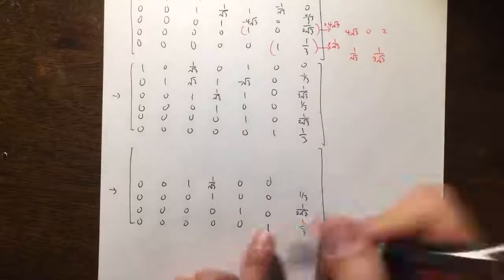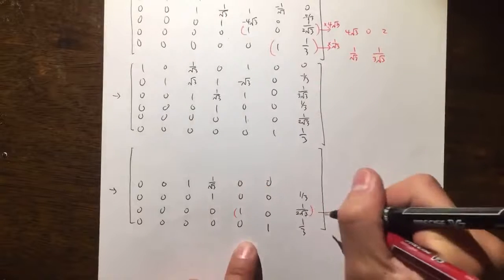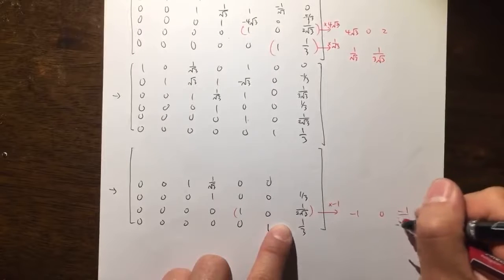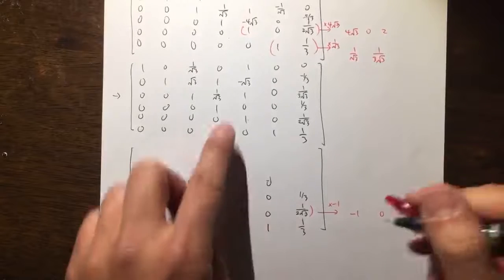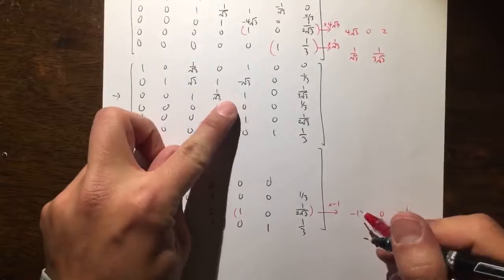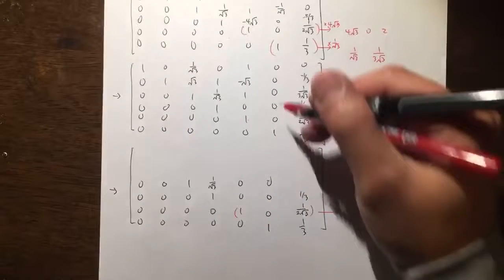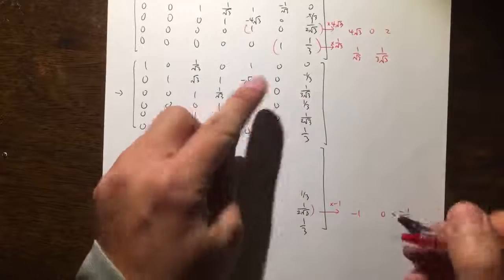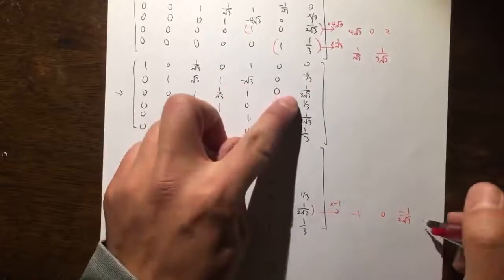It is slightly tricky, so let me just write this down for you guys. I multiply this by -1, so we get -1, 0, -1/2 square root of 3. This plus this, that's how we get the 0 here. 0 plus 0 is 0. Now, I'm going to do this plus that. So this is the result that we got from here. I'm going to add it with